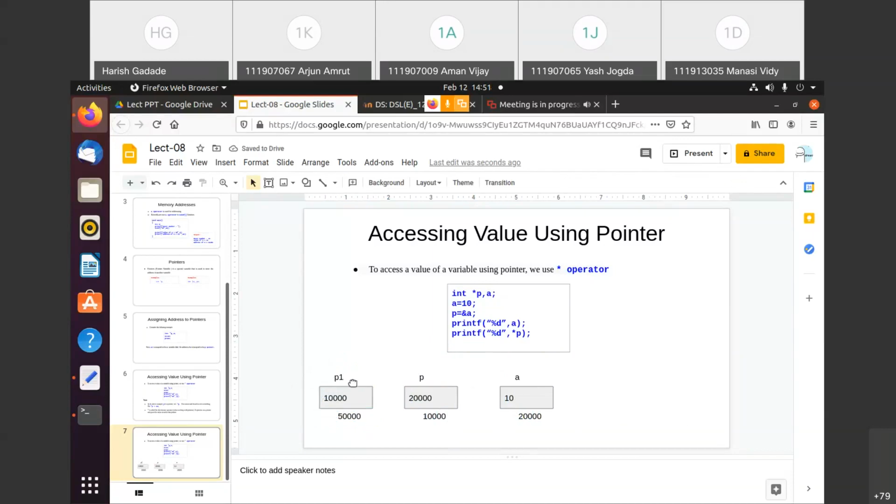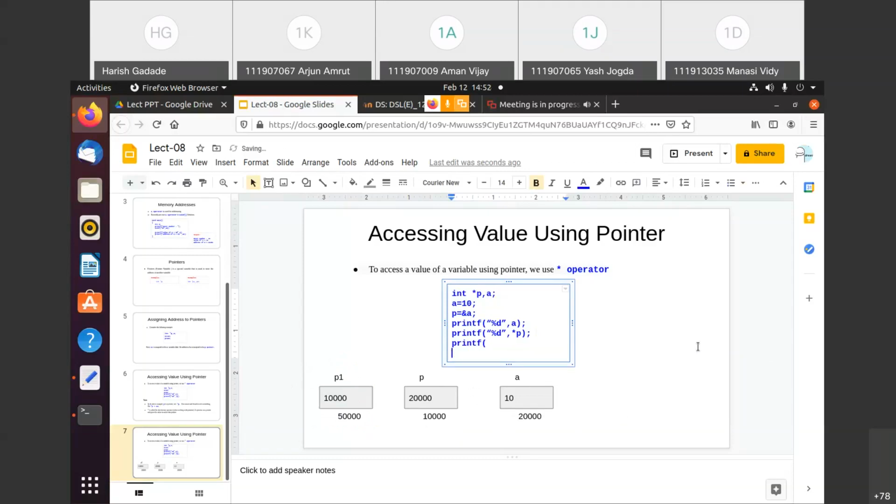So for this, that statement would be like printf %d and star star, this is a double pointer P1.